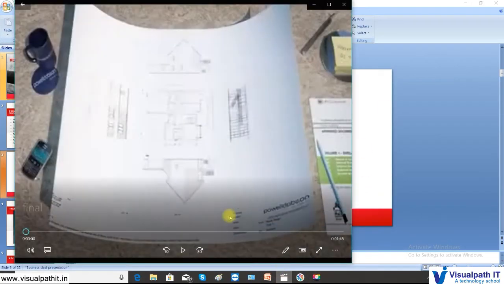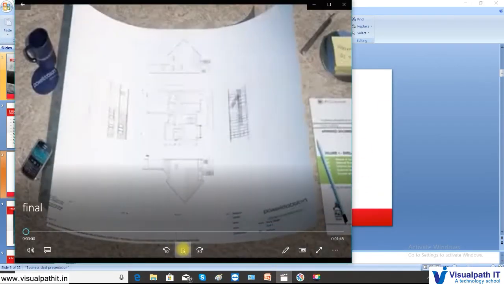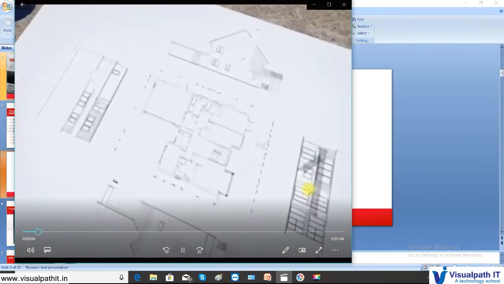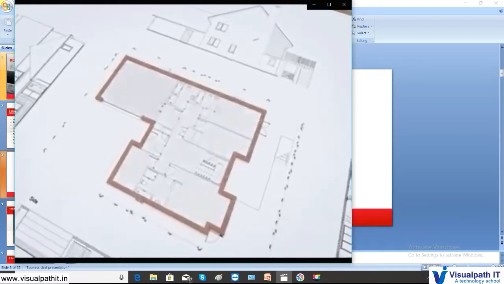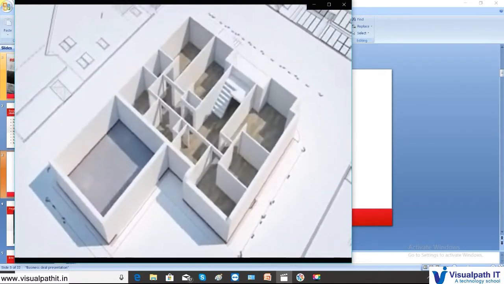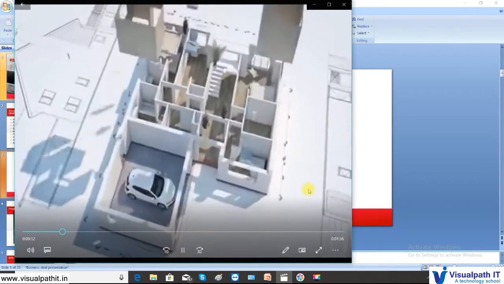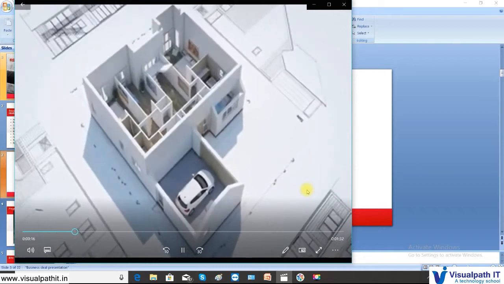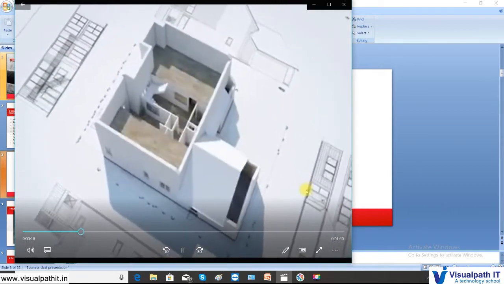See this video. The 2D drawings are generated from the plan, then the modeling is happening here. The walls are constructed, the basement is modeled, the partition walls are modeled, the furniture is placed. This is what exactly we will be doing in Revit architecture.